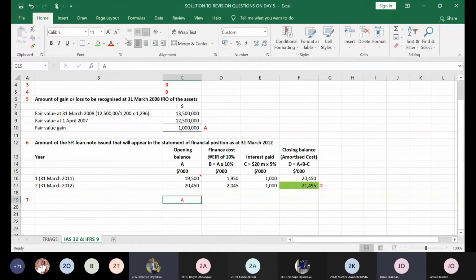Okay, so I extend this with events after the reporting period. IAS 10 defines events after the reporting period as those events, favorable or unfavorable, which occur between the end of the reporting period and the date the financial statements are authorized for issue. Are we together? Okay, if you understand that correctly,